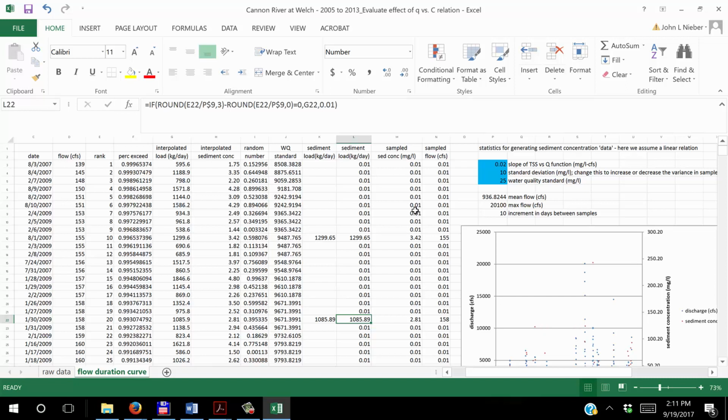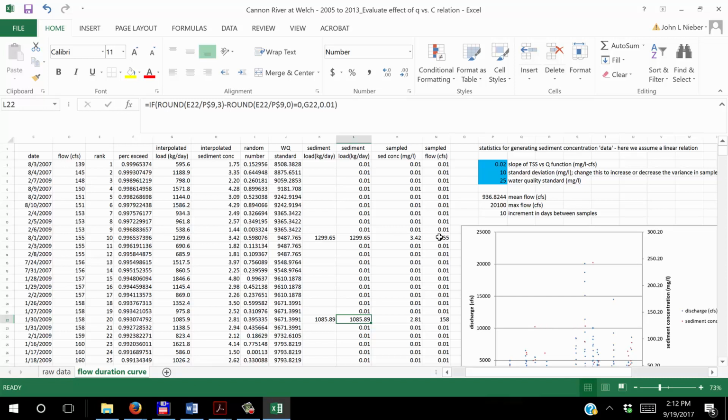They're values that don't really mean anything. They're only in there because, for some reason in Excel, I don't know how to make the plot unless I have all the rows filled in. So I put a 0.01 in there for dates when I don't want to have a plot made. It's only going to plot the values that are greater than this 0.01. All right, so these are treated as being sample dates, and I just arbitrarily chose it so that we would